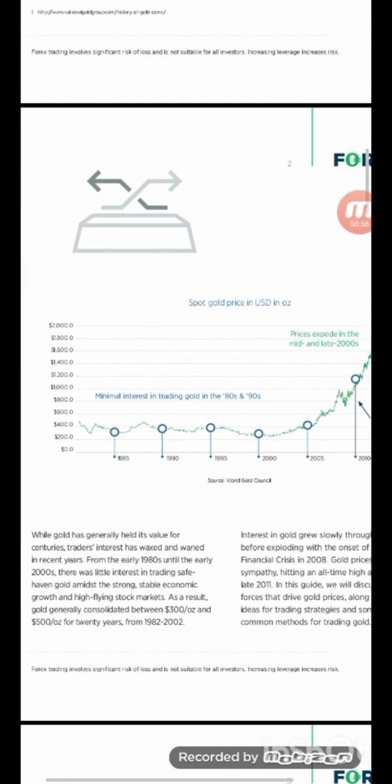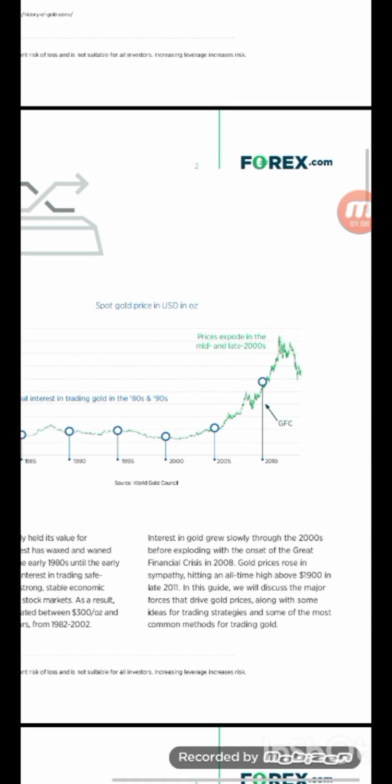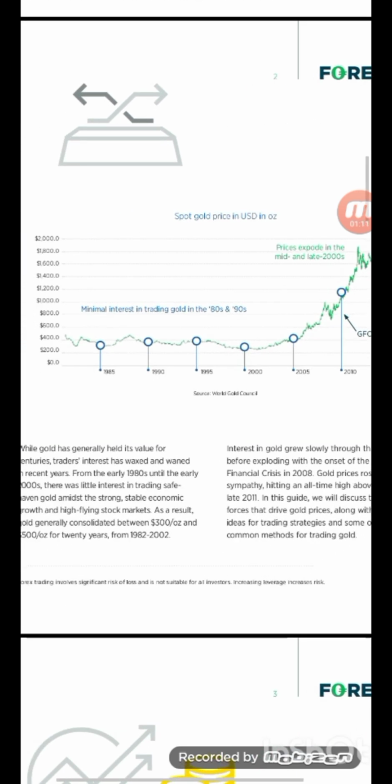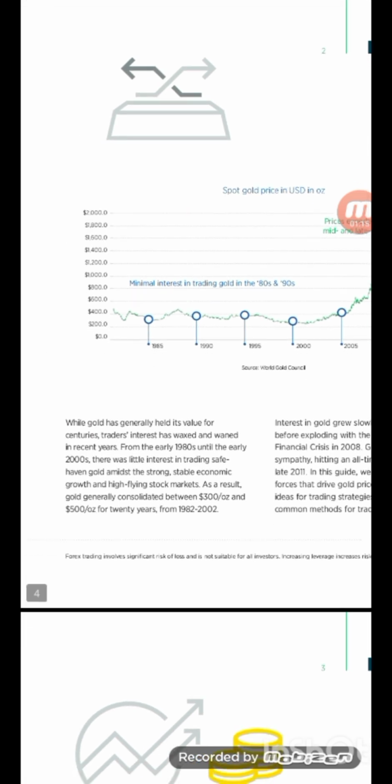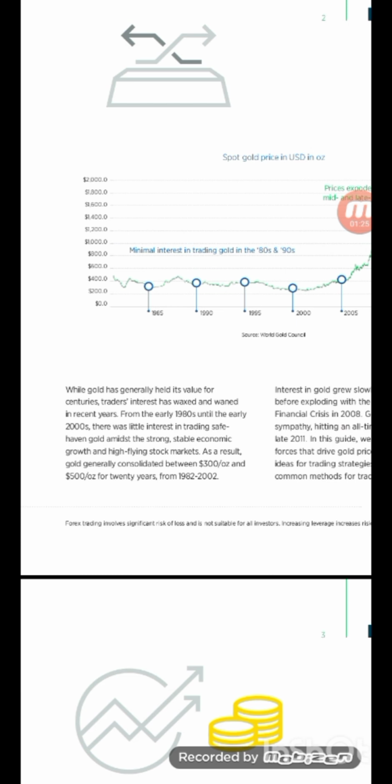So during the old times, that is the 80s and 90s, gold skyrocketed from this level to this level. So from the beginning, gold has been a special way of exchanging money. While gold has generally held its value for centuries, traders' interest has waxed and waned